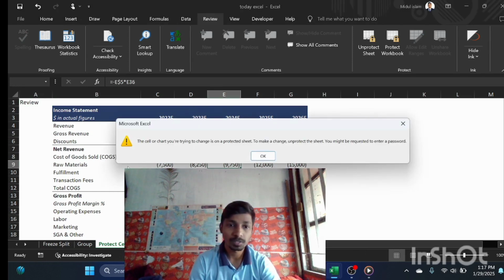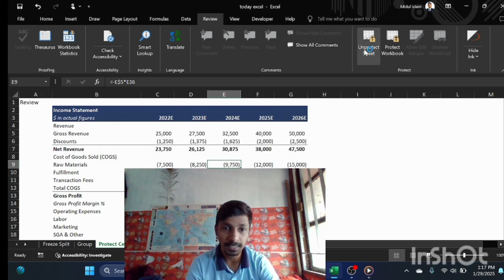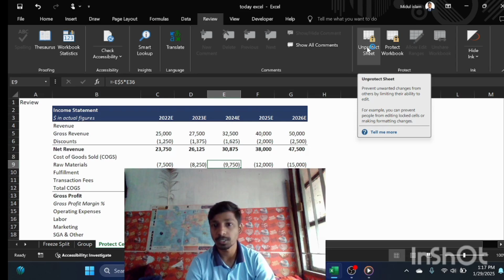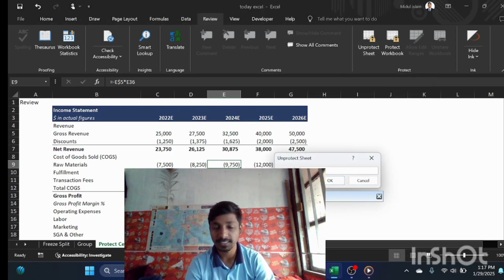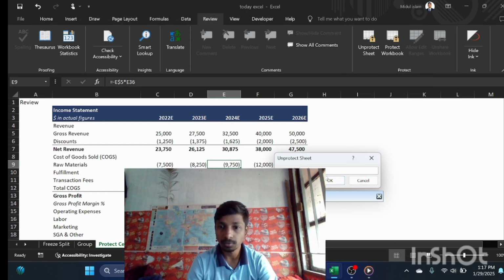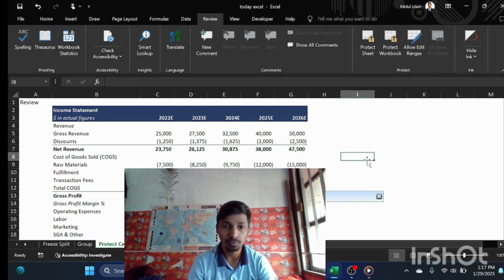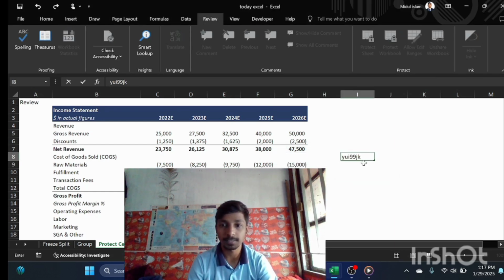And when we set the password there is no work in the Excel cell, and then we protect cell and show the password, and then we work on the Excel formula. Thank you.